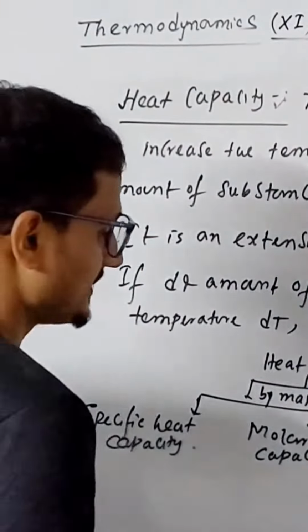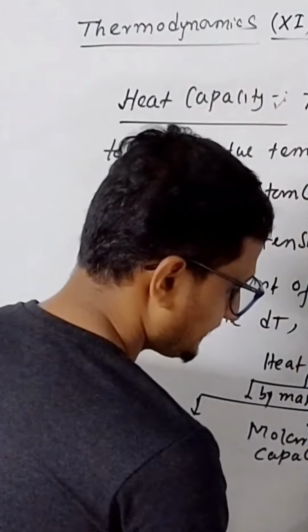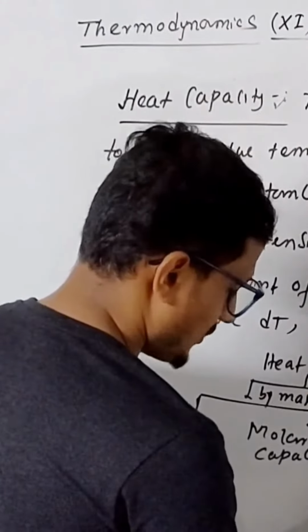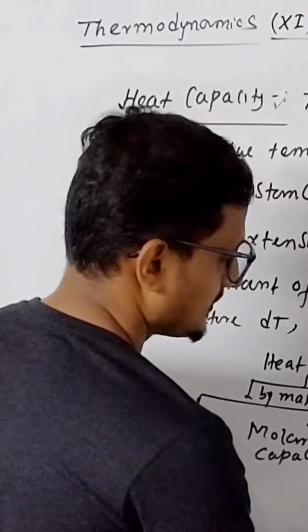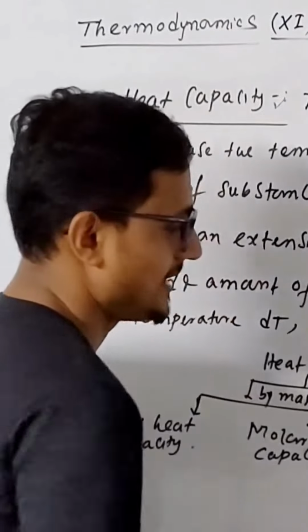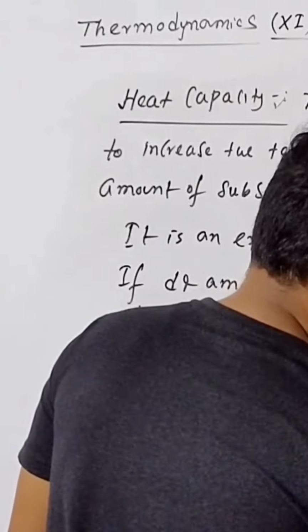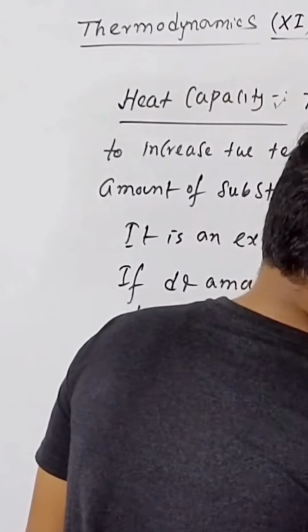And by heat absorbed, heat capacity is of two types. One is Cp, that means heat capacity at constant P, and heat capacity at constant